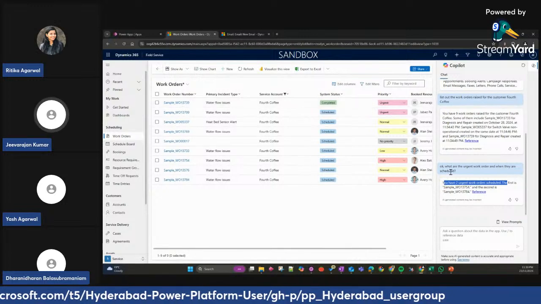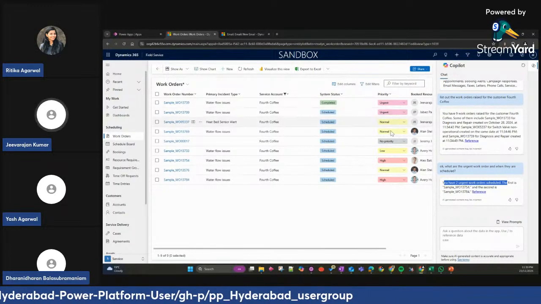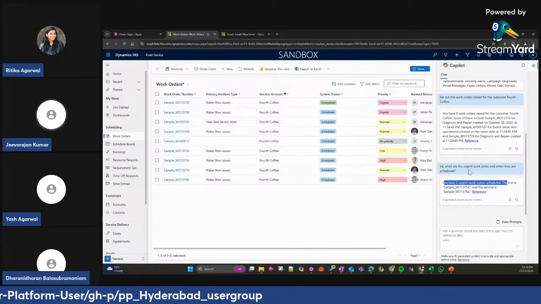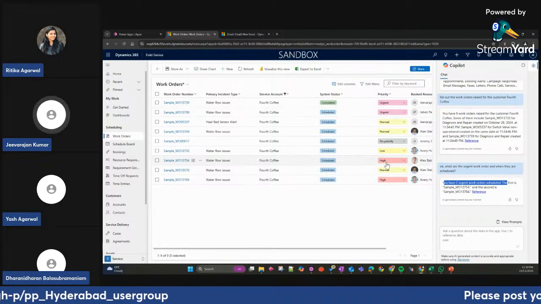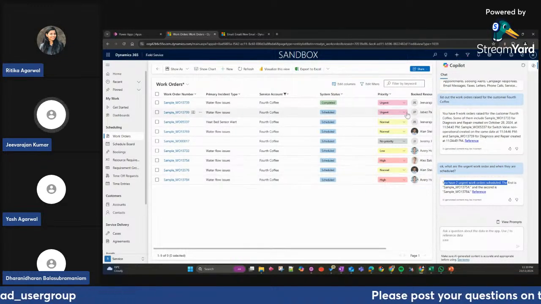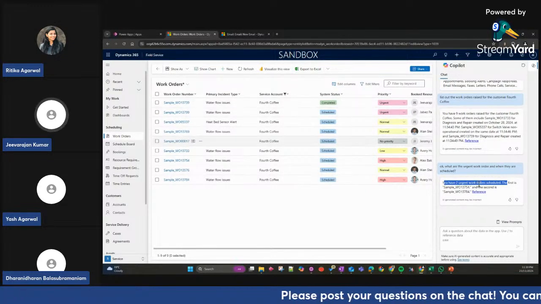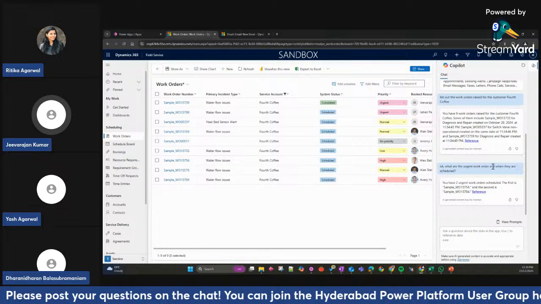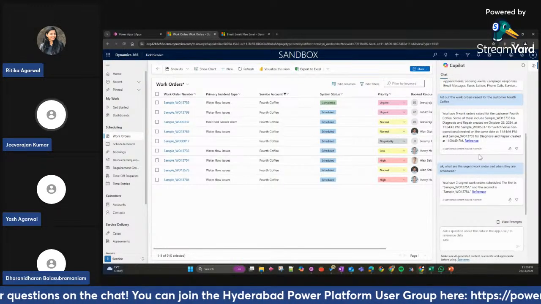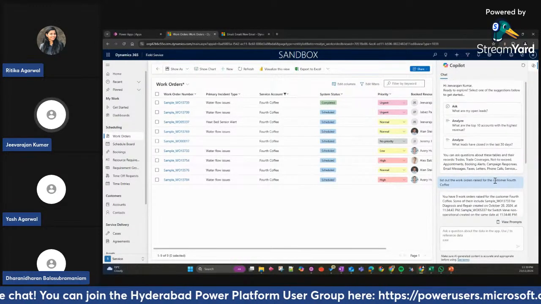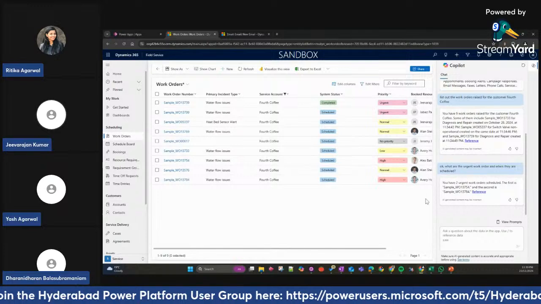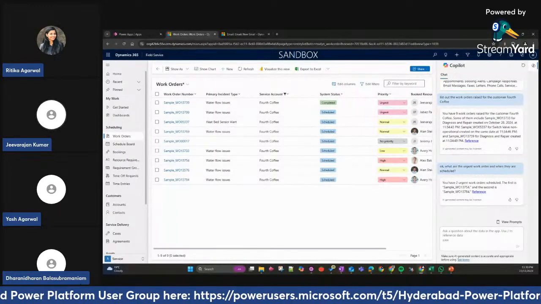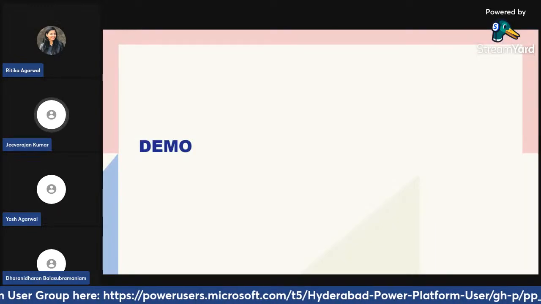Work order number 13574. I don't know why it considers the high as urgent and the other as urgent, and it includes the priority assumption. So these kinds of things are still an issue, and probably we need to be more specific with the status, anything like that. If I could, probably it would have been the right one. But you got the idea that this is where it comes into the picture of getting more information around the data. So with that, if I go to the next one,